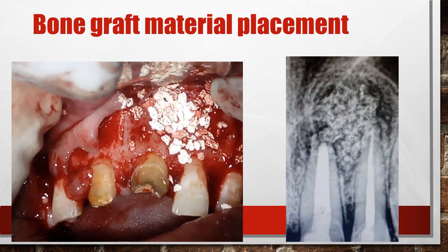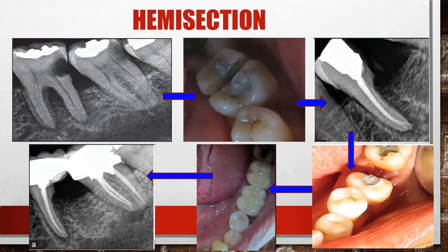Okay, so this is the bone graft material which is placed. It can be bovine or porcine extracts. This also facilitates healthy and rapid healing of the periradicular area. So along with MTA, you can actually use your bone graft also. You can sprinkle the powder on the surgical site to facilitate proper healing.